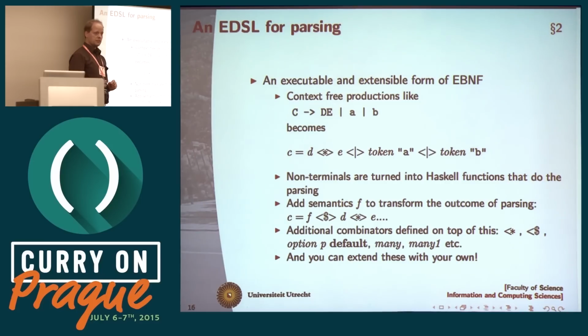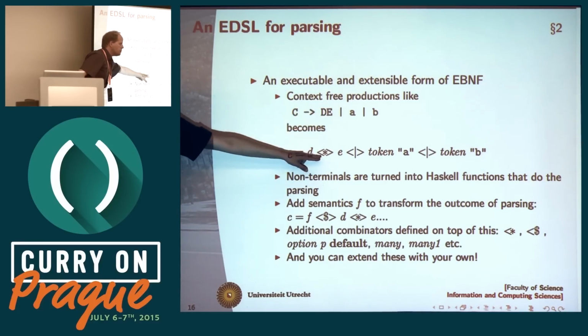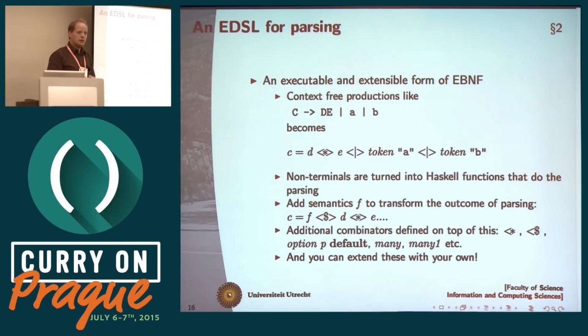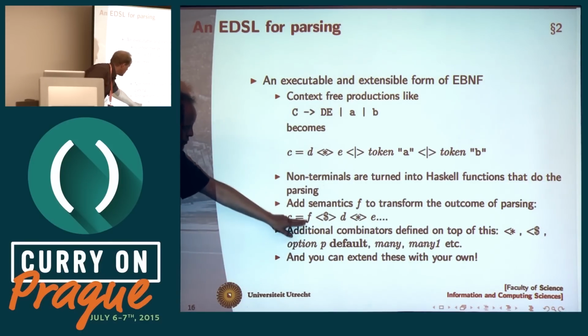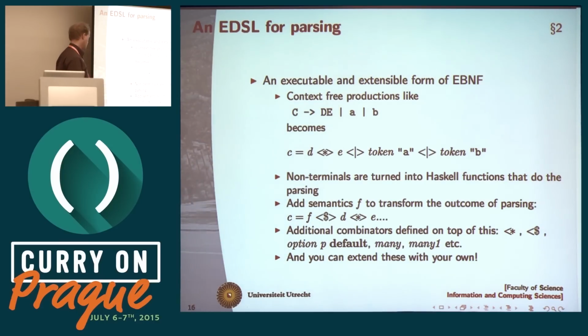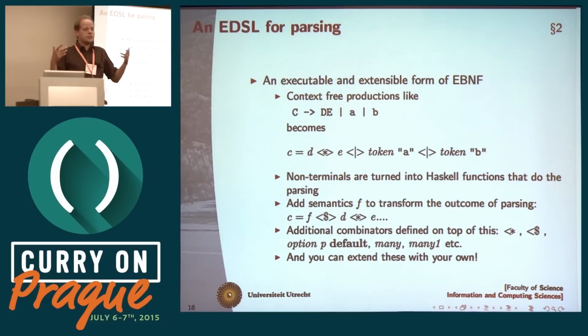That's what it says. It's just that for juxtaposition we have to use star because function juxtaposition is already used by Haskell for just making function calls. And here we just take a slight variant of that symbol there. So essentially non-terminals become Haskell functions. You can add semantics with the dollar. This just applies a function to the result of a parse, for example. There's lots of other combinators that are defined, but also nicely, it's just a library. You can add your own. Yeah, so these are things like